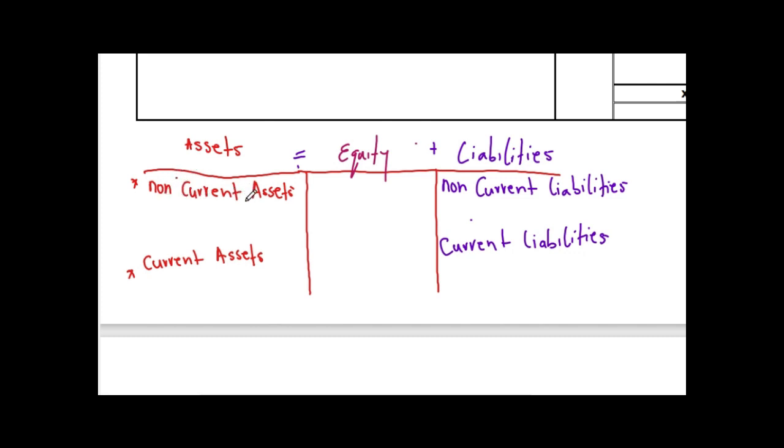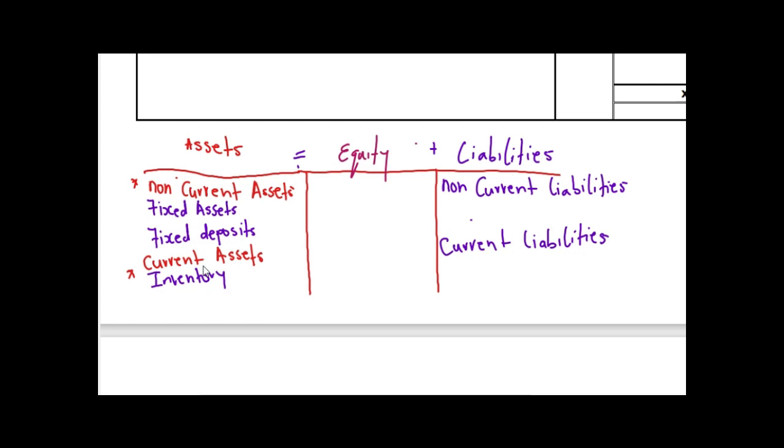Under non-current assets, we are only going to have two things: a fixed asset and also a fixed deposit. So under non-current assets, we only have two types of asset, which are a fixed asset and a fixed deposit. And then under our current assets, we are going to have